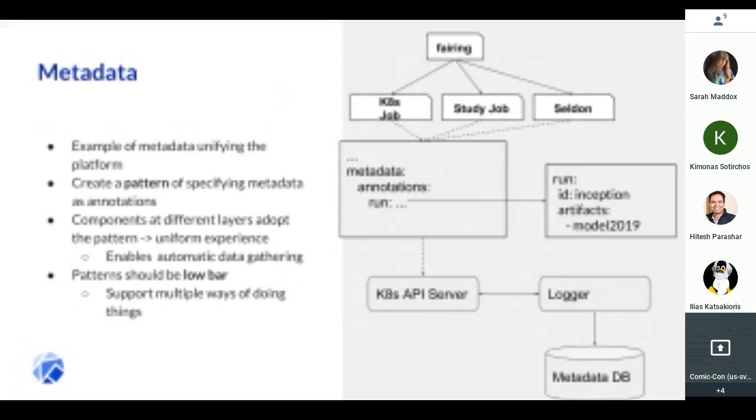So that then allows other layers in the stack to begin adopting this pattern. So for starters, we could build a logger that would automatically watch the Kubernetes API server and look for objects with this annotation, and then store this annotation in an appropriate metadata database so that information can then be surfaced to users, right? And so this then creates incentives for other components as part of the Kubeflow stack to begin adopting this pattern so that their users get this benefit as well.